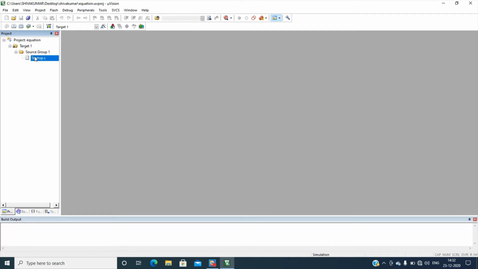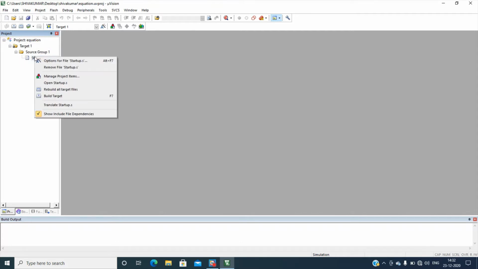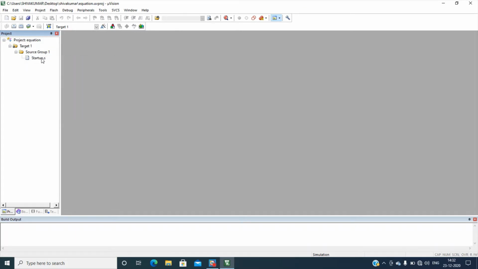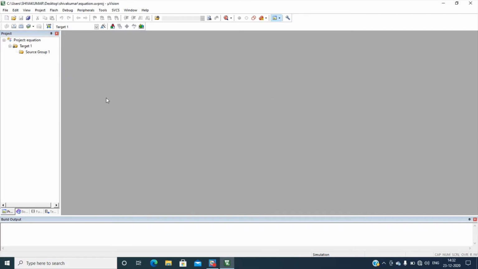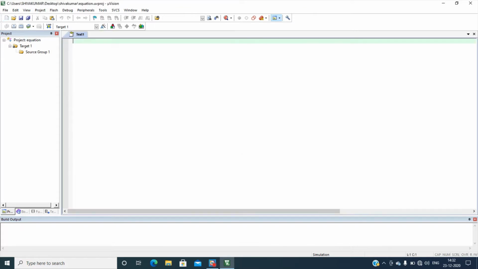As far as assembly language is concerned, this startup.s is not required, and hence right click on this startup.s and remove. Then take a new file. You have to go here and click on this new file button. A text editor will open. Then give one tab, and this tab space is for labels. Now I will do one simple program to learn about this execution.